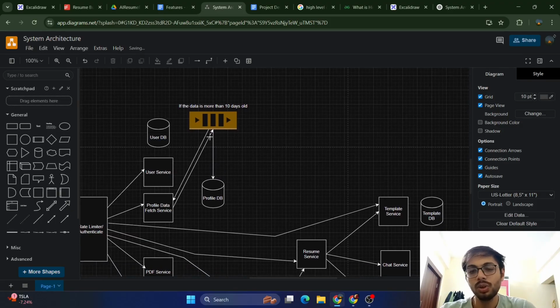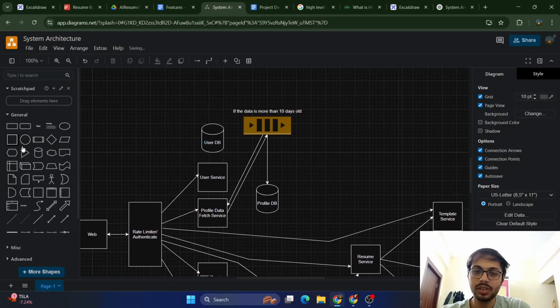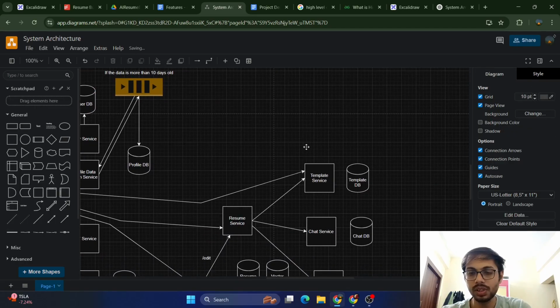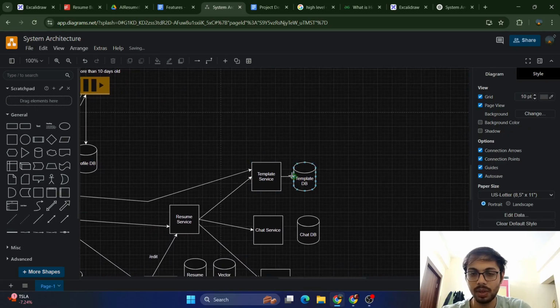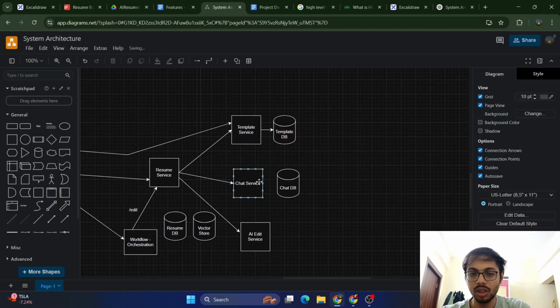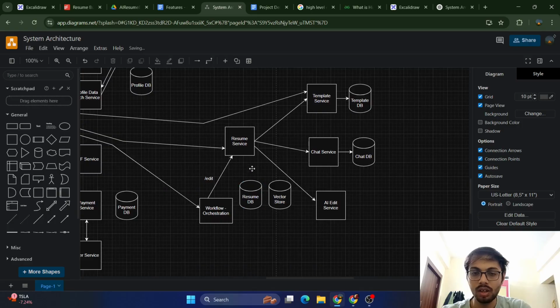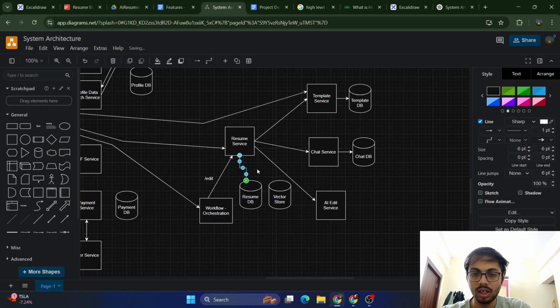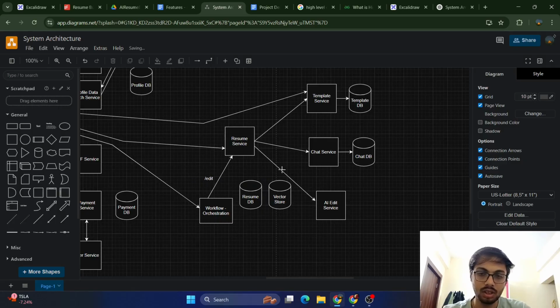ओके, तो हमने प्रोफाइल डीबी से सिंक कर दिया इसको, and उसके अलावा यहाँ पे भी हम लोग यूज़र डीबी से सिंक कर लेते हैं। टेम्पलेट का भी टेम्पलेट डीबी, चैट का चैट वाला डेटाबेस, बट रिज्यूमे का ये वाला नहीं चाहिए ना।